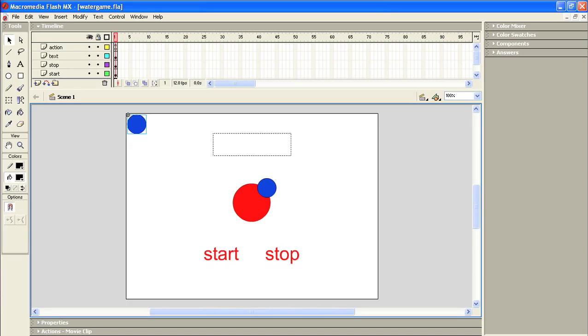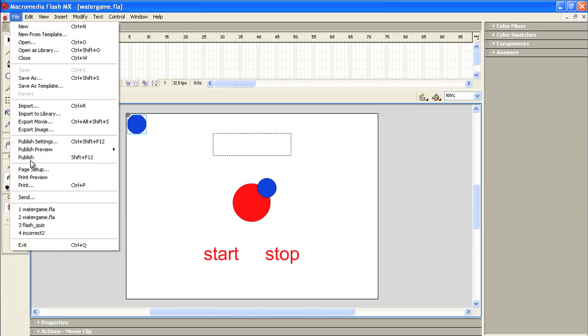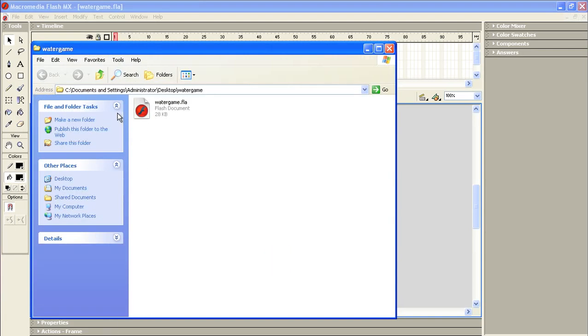So the first step is from our previous Water Game series of tutorials. Here's our Water Game. What I'm going to do is click on File and come down here and publish that to the directory that it lives in. Right now what I have is a folder called Water Game, and in that folder I have my Flash document, watergame.fla, and we're going to publish the SWF and the HTML that we're going to utilize into